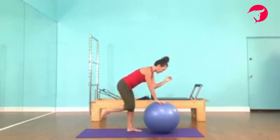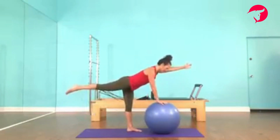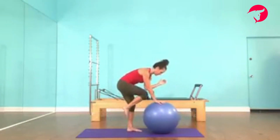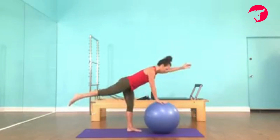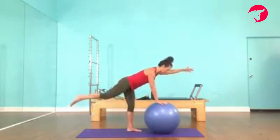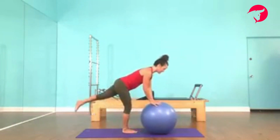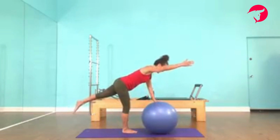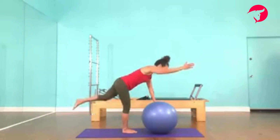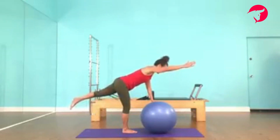Inhale, exhale, inhale, 2 more. 1 more, exhale, inhale, and coming back to your start. And then we'll switch, my more challenging side, reach and inhale, and then exhale, elbow to knee, inhale,